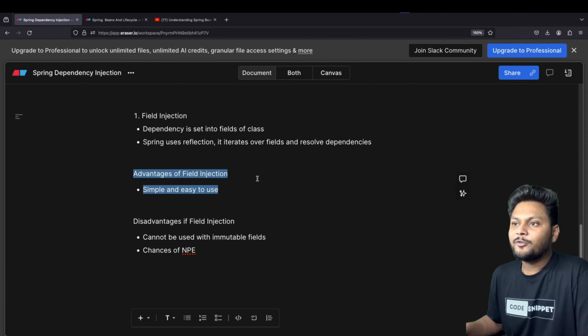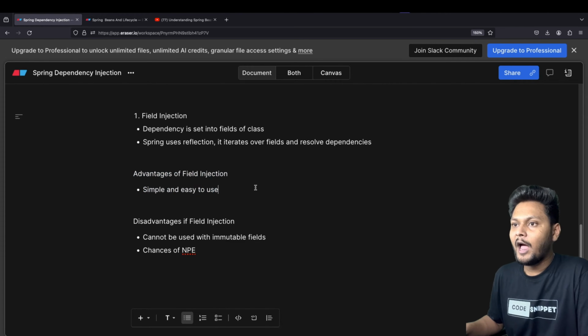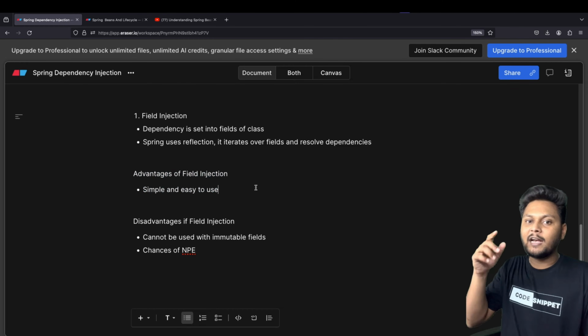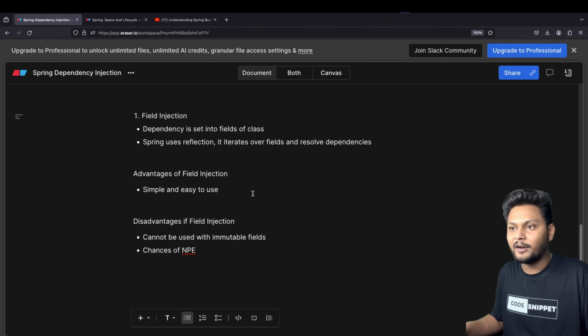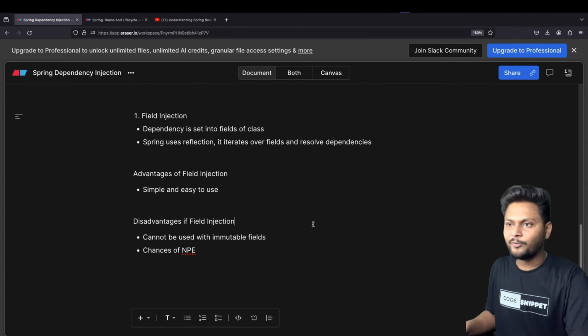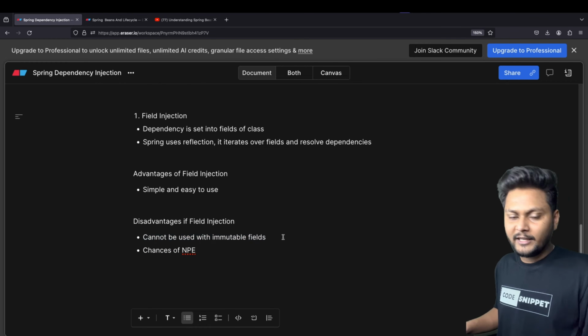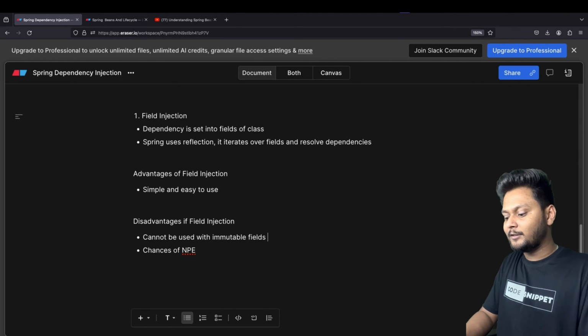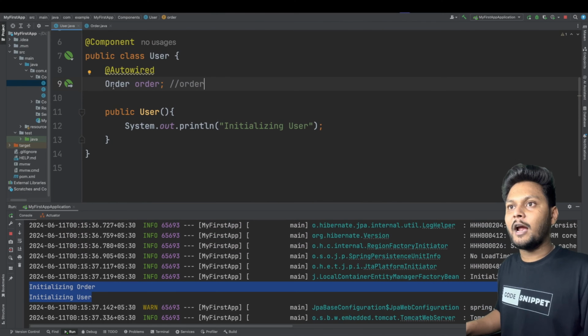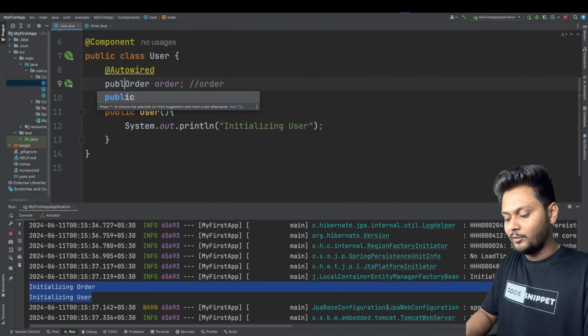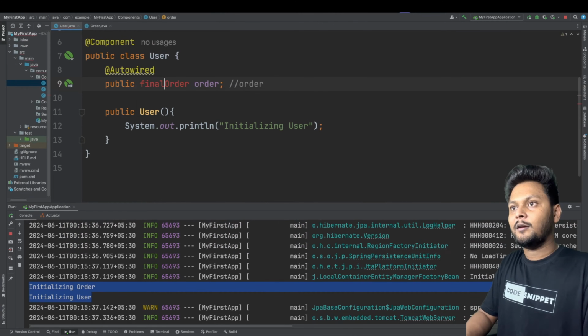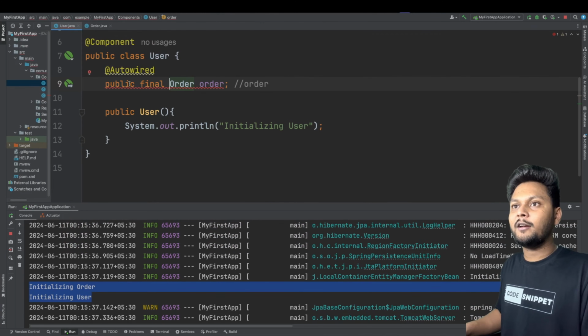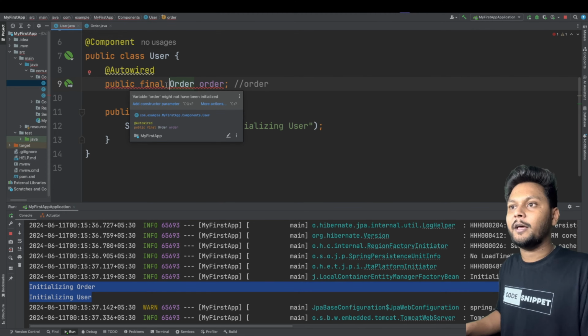So the advantage of field injection is that it's very simple and easy to use, right? You can just add @Autowired and the job is done. Now let's see the disadvantages of field injection. Field injection cannot be used with immutable fields. What are immutable fields? Let's say you mark something as final. Let's try it here. We'll say public final Order. So the moment I do that, as you can see, we are getting some error